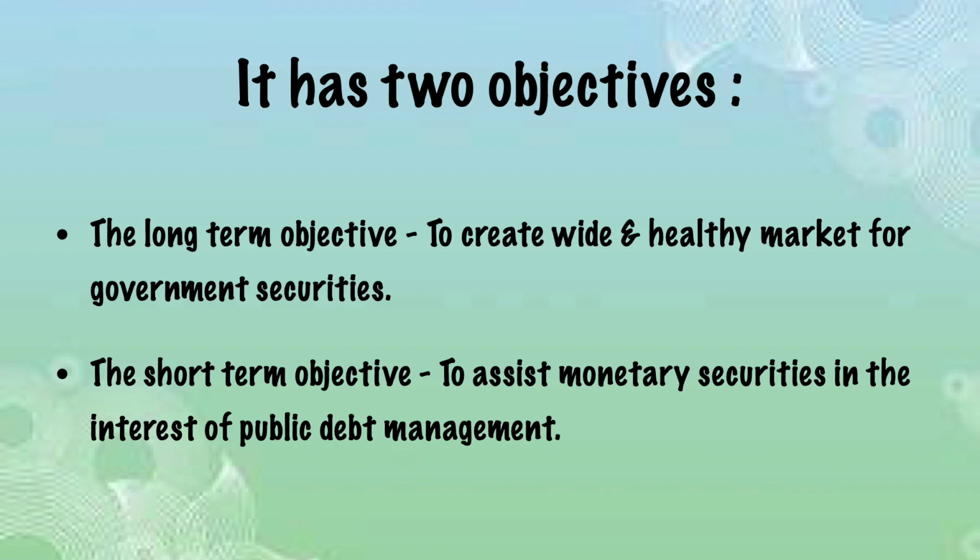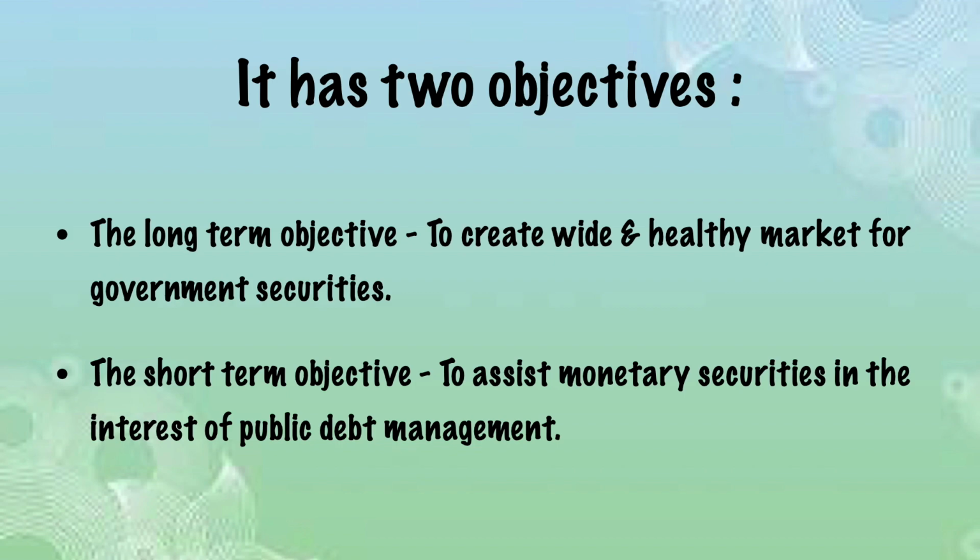Now, instead of the government selling its treasury bills to individuals like you and me, right? We are not very secure in our financial background yet. Yes or no? If I compare our financial stability as individuals with commercial banks, who is more stable financially? Of course, commercial banks are more stable. So that way, the long-term objective is to create a wide and healthy market for government securities. Tomorrow, we know that commercial banks are a backup for India's monetary policy.